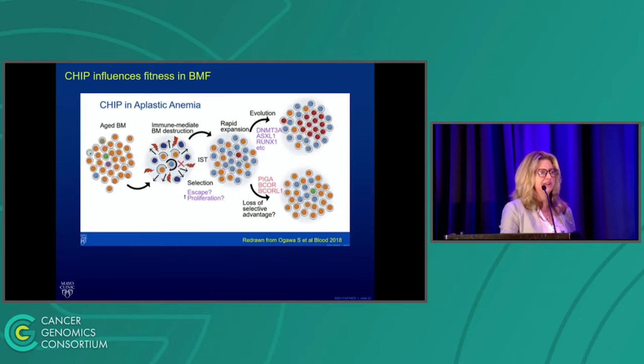Now, in bone marrow failure syndromes, CHIP influences fitness, and this has dual implications. These are clonal processes, and they carry mutations in the epigenetic regulators and transcription factors, which I've shown before, and these are moving towards a myeloid neoplasm. Whereas if they have secondary mutations in PIGA or BCORL1, they respond well because they have a loss